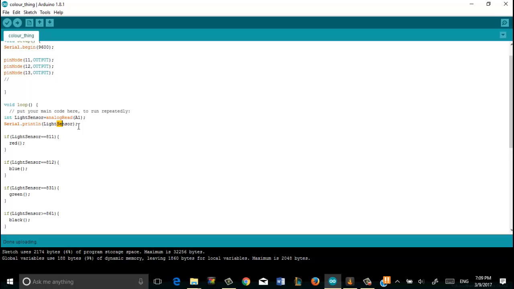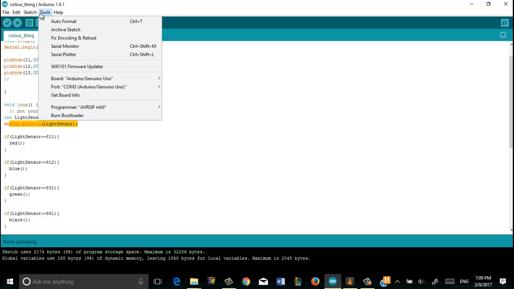Then Serial.println(lightSensor). I use this for knowing which value the IR LED gives when I put a color near to it. What do I mean by this? Look,